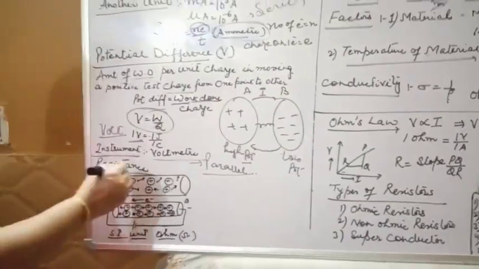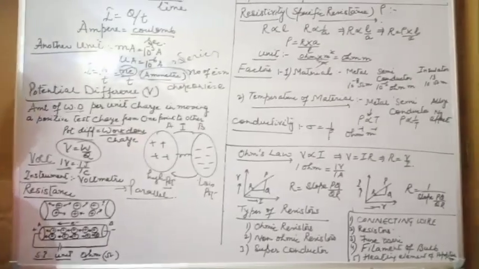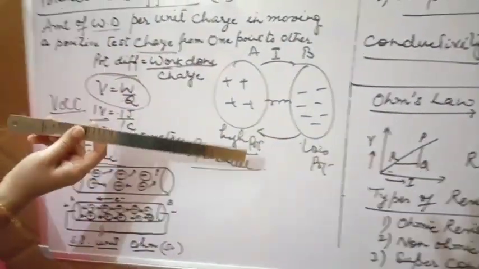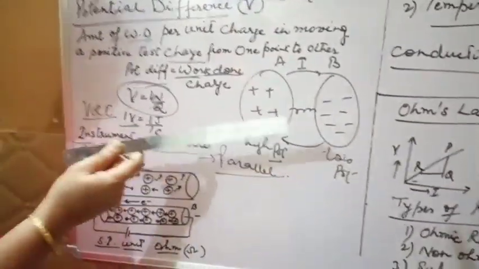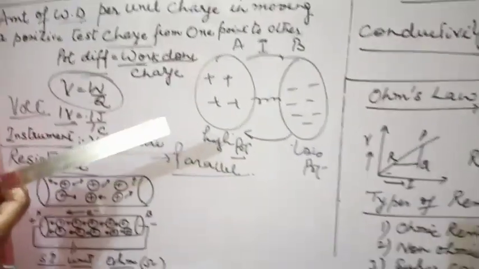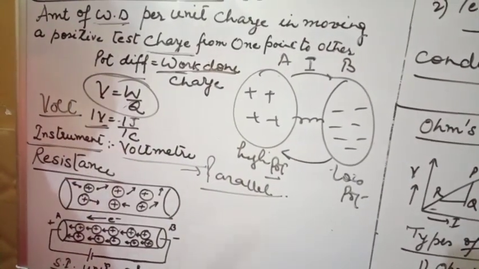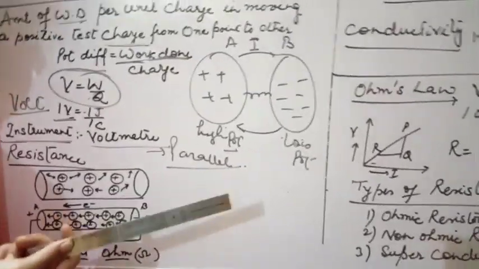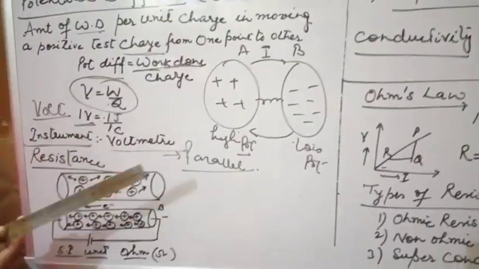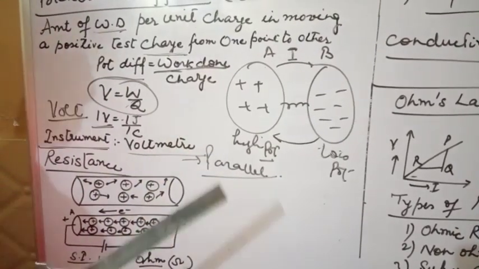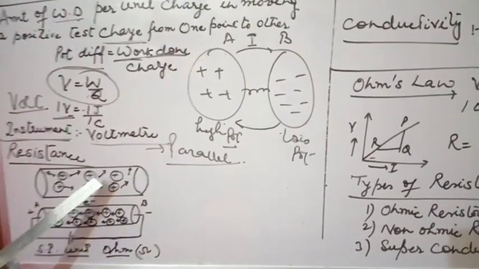Third term is resistance. So try to understand this resistance. If I just consider this iron scale, what is the situation inside this scale? At present, consider this scale to contain protons, electrons and neutrons. Each and every atom contains 3 components: protons, electrons and neutrons. I ignore the neutrons because neutron has no charge. I just consider 2 charged particles, protons and electrons.